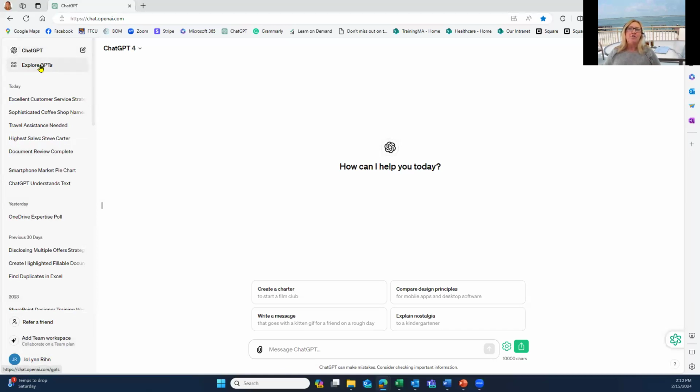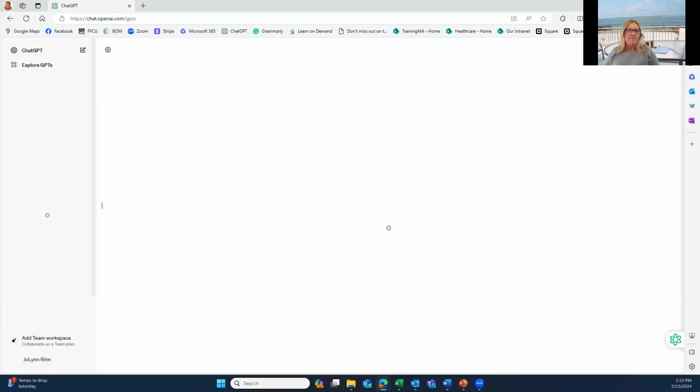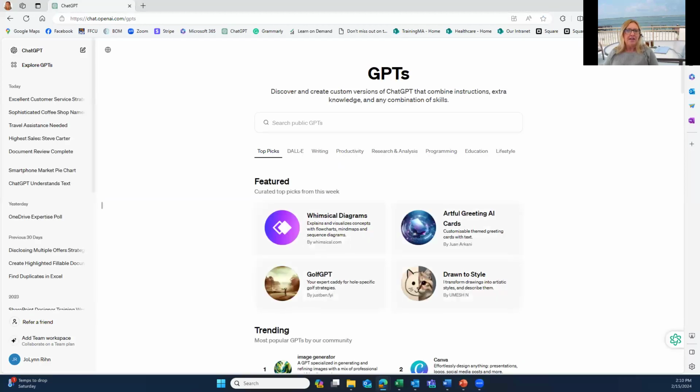On the top left, you now have Explore GPTs. So at the bottom of page 3, going to page 4, it talks about GPTs in ChatGPT. You can use custom versions of ChatGPT. So these are like add-ins that we can be using, additional features that we can be using. So it's really expanded quite advancedly and very quickly, having all these different things that we can be utilizing through